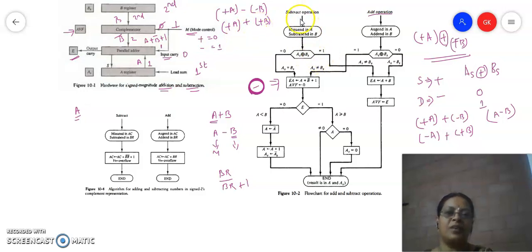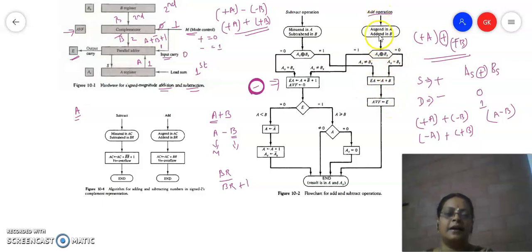So when we are doing the subtraction operation, we compare the signs of the two operands. If they are different, that is 1 means they are different, then you have to do only addition. So the flow will come to this addition process. So to summarize, in case of addition, if the signs are same, do addition. And in case of subtraction, if the signs are different, then do addition. So this will be like this.